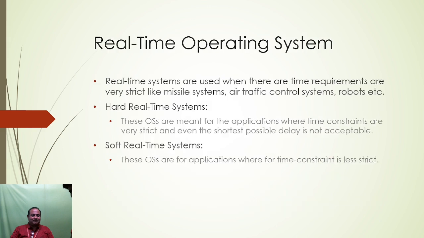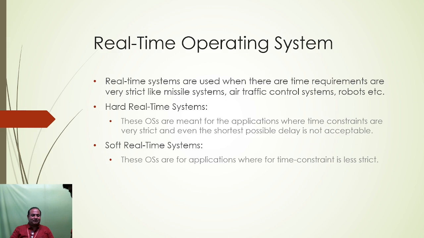And next one is the real-time operating system. Wherever you want to perform real-time operations, you should use the real-time operating system. For example, it is used in army-related, air force-related, or other military-related areas. Or suppose you want to automate a traffic control system, or make robots, then we should use the real-time operating system. The real-time operating system is divided into hard real-time and soft real-time.